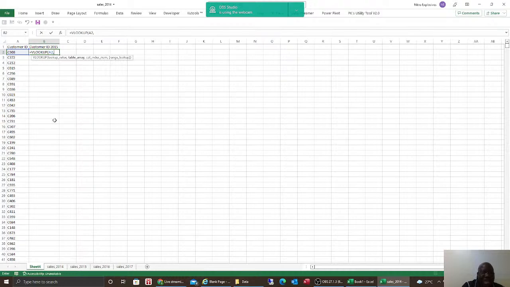So you have to start typing sales. Once you type sales, you find that the name appears here. So just double click. That's the name of the array. Then put a comma. It is now asking you for the column index number, which means which column do you want to bring here? So for me, I want to bring the customer ID column. So I'm saying number 1,